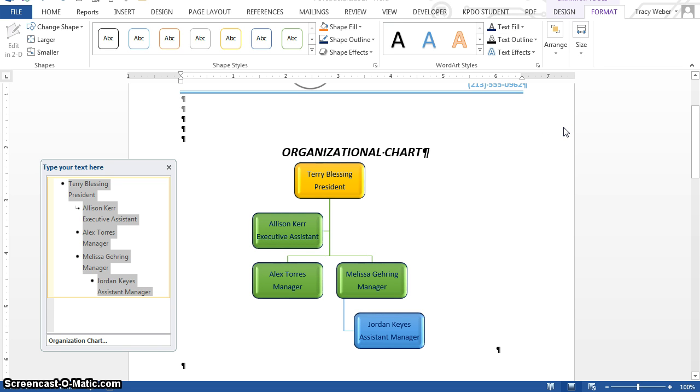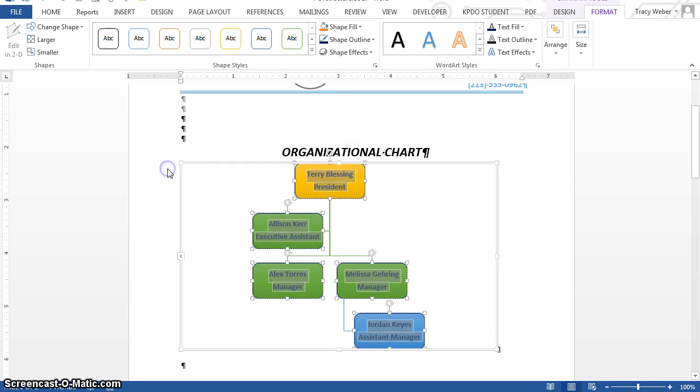Okay, next I'm going to do Control B to apply bold formatting to all of the text. This is a really easy way to change the text in all of the boxes at once. Then it says close the text pane by clicking the close button that displays in the upper right corner right here. Okay,